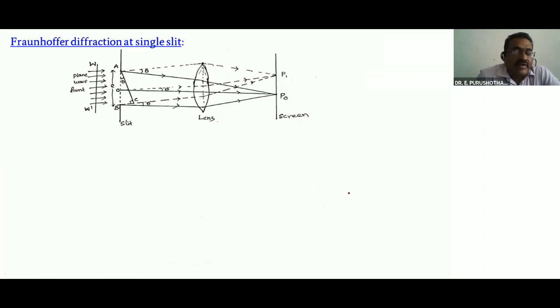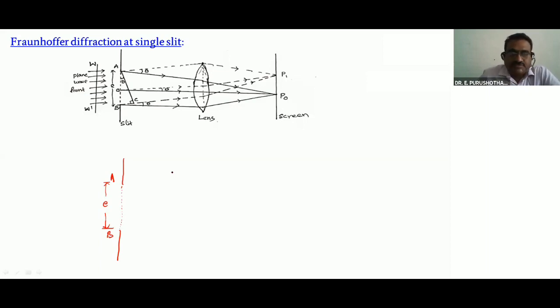You don't learn it by heart. So simply, you can see I am taking here, this is A, this is B. So here to here is AB. AB is equal to E, the width of the slit. So width of the slit is E. The slit is divided into n small slits.